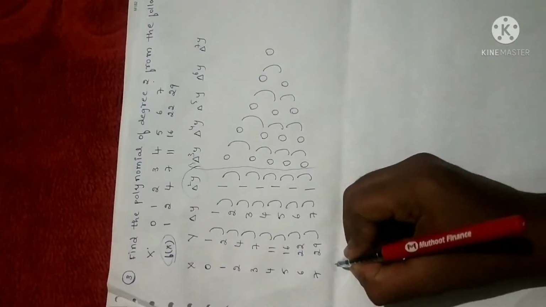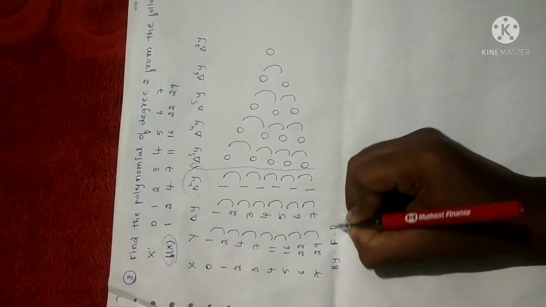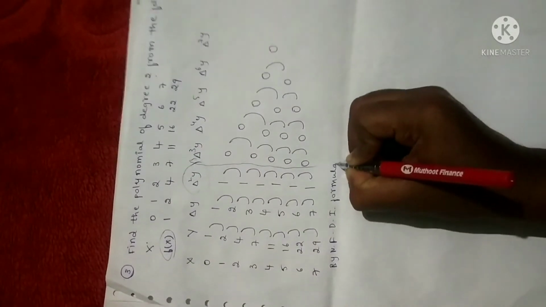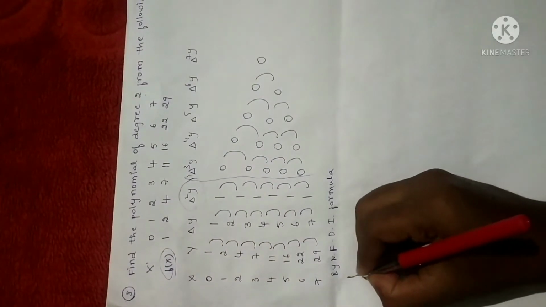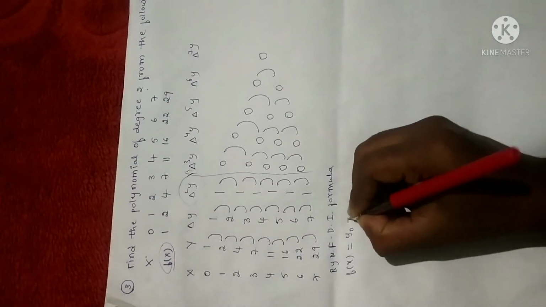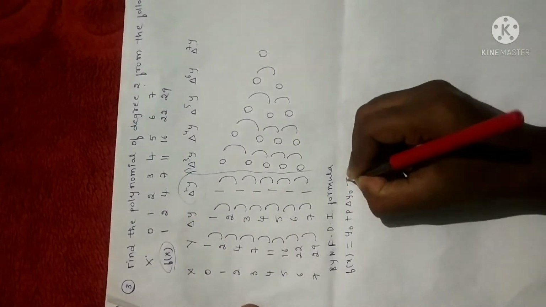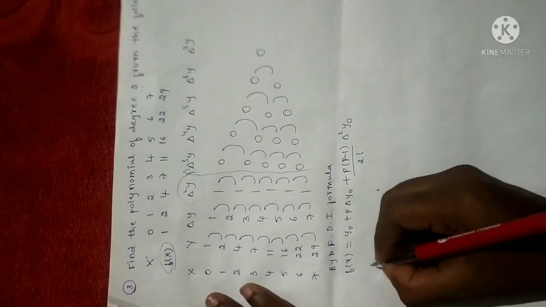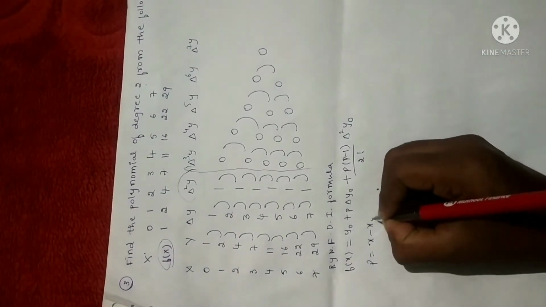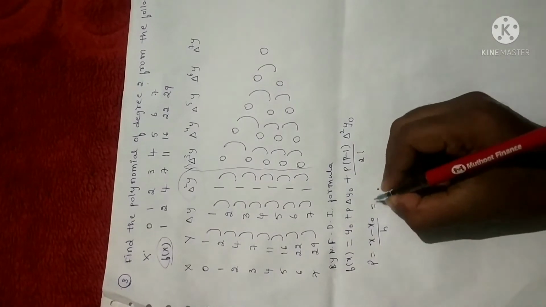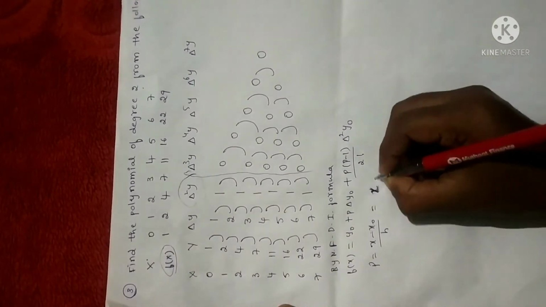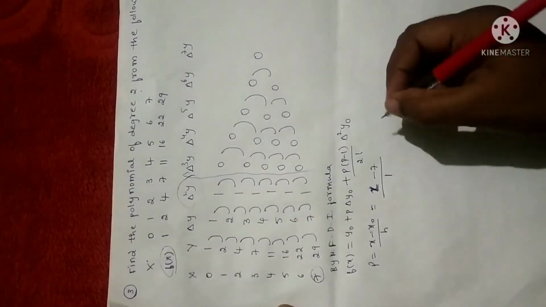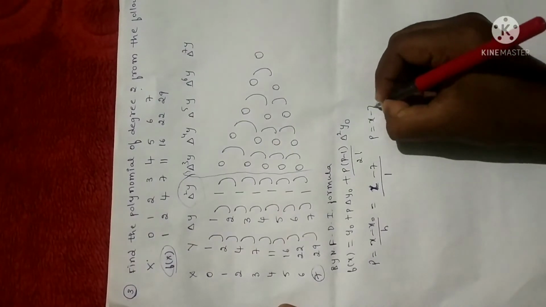So write down the formula by the Newton forward difference interpolation formula. Terms containing delta square y are enough. So it is given by f of x is equal to y naught plus p into delta y naught plus p into p minus 1 divided by 2 factorial into delta square y naught, where p is calculated by using the formula x minus x naught divided by h. As usual x is unknown. Why? Because it is a polynomial. x minus x naught, x naught is the last value of x, it is 7, divided by h, another name for the common difference, it is 1. So p value is x minus 7.